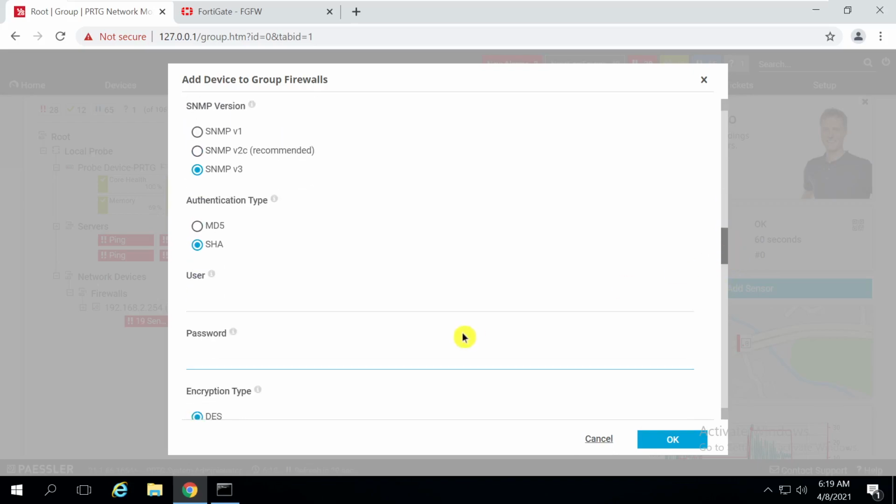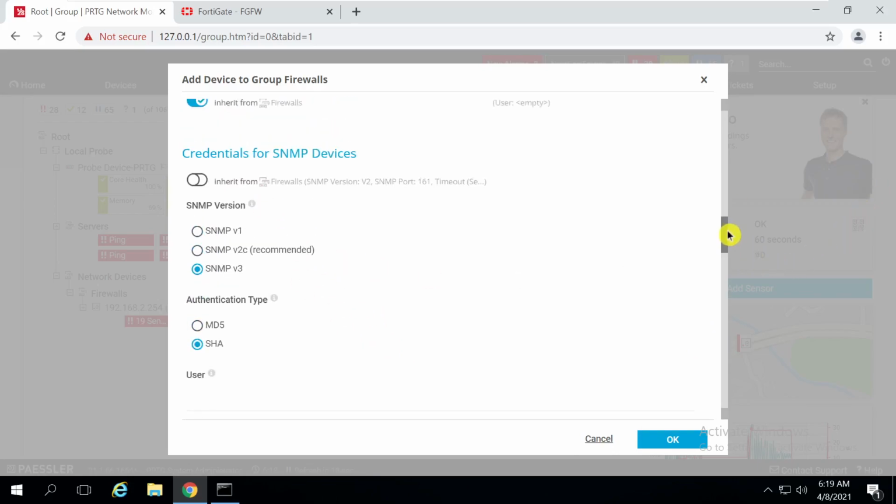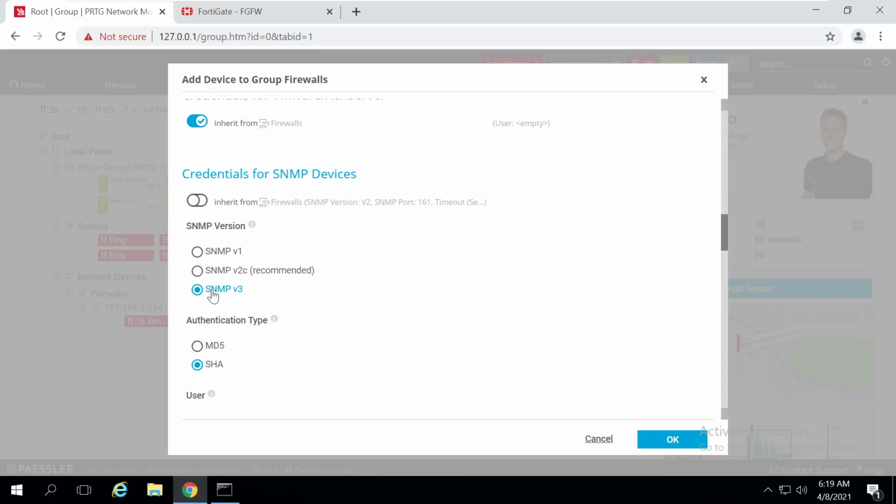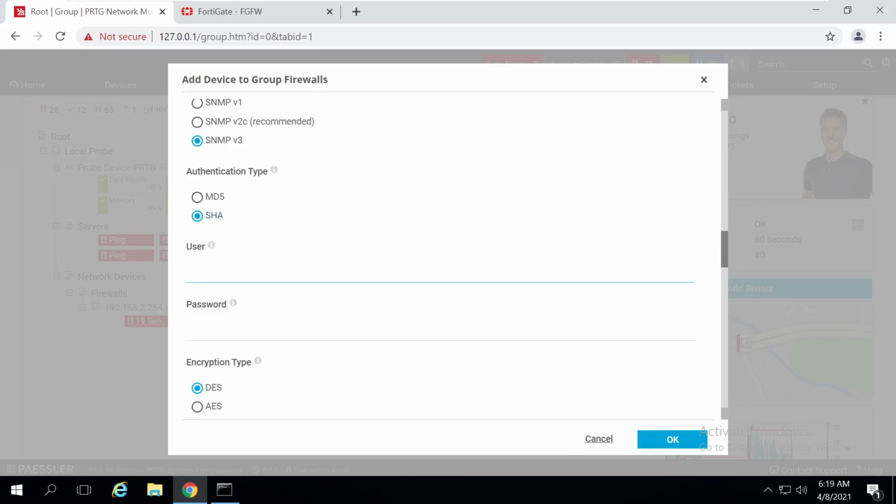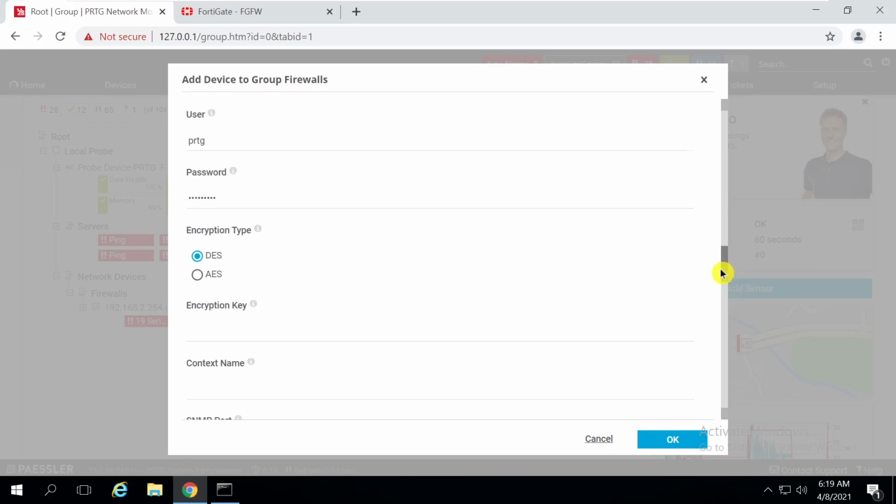Basically I'm configuring this. I'm selecting SNMP version 3. For my authentication type I'm using SHA. The username is PRTG and the password I put as password.